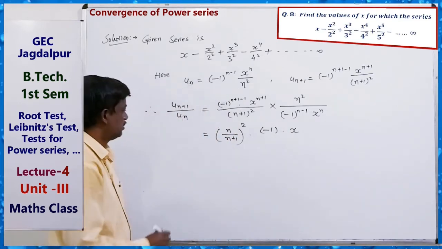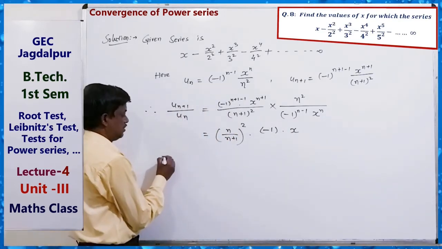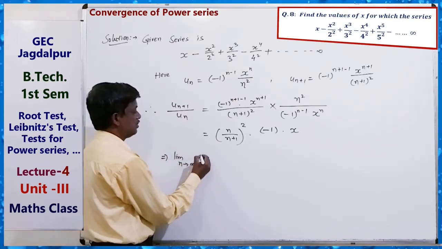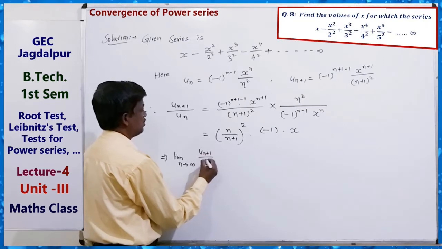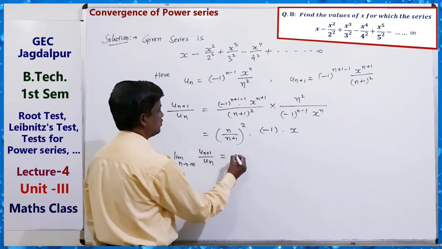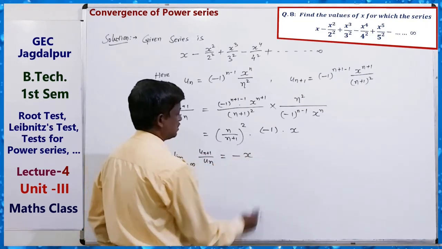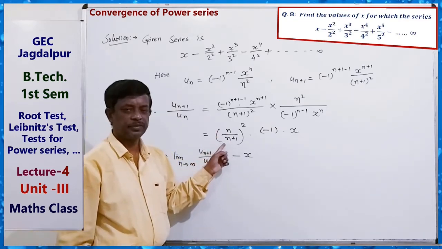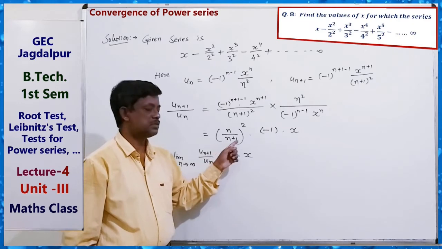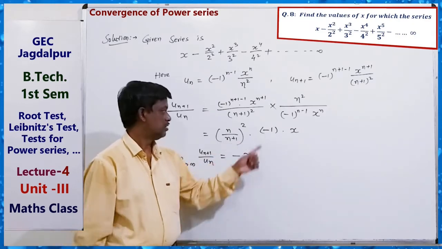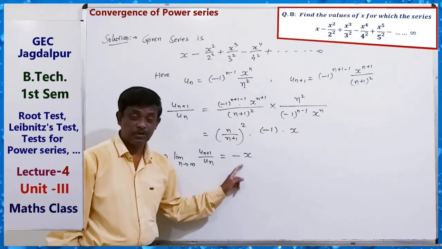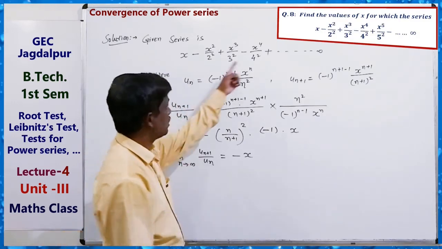Just see, the limit as n tends to infinity of un plus 1 upon un equals minus x, because the limit of n upon n plus 1 whole square is 1, n cancels, 1 upon 1 plus 0 square is 1, so this is minus 1 times x, that is, minus x. So by the alternating series test,